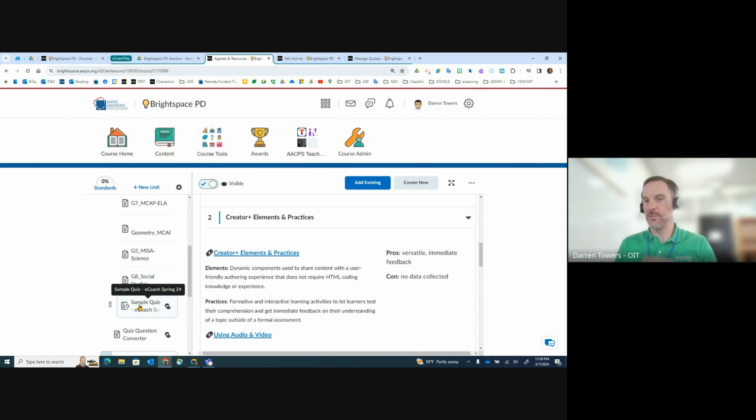The first one is the notice and wonder written response. And the second one is actually just a math question where we use the equation editor. So Brightspace does have an equation editor built in to the quiz creation experience. So like I was saying, just to recap, your 5 HTML docs using elements and practices, and then a quiz